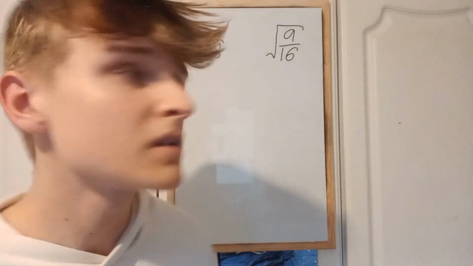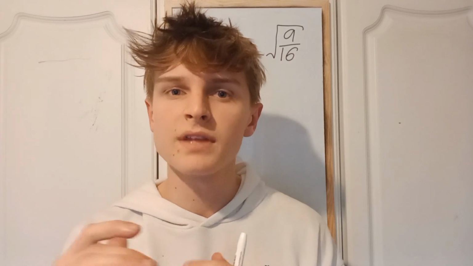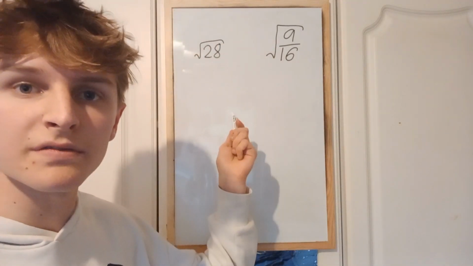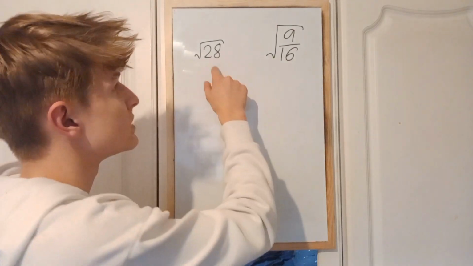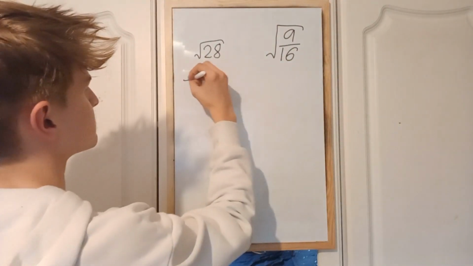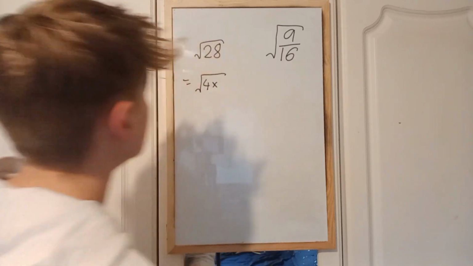As you'll recall, we've got a single square root here, so there's not much we can do to it, but we can break it up into 2 square roots and then use that to make nice numbers. As you remember, the strategy is to find a square number that goes into 28. 4 goes into 28, so let's use that. That is the same thing as root 4 multiplied by